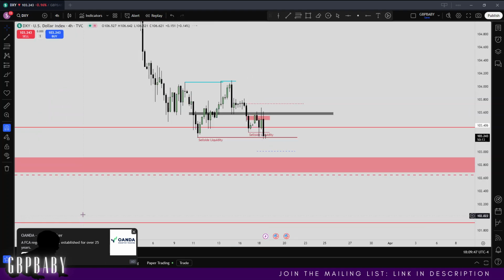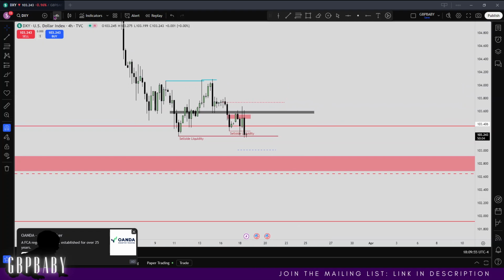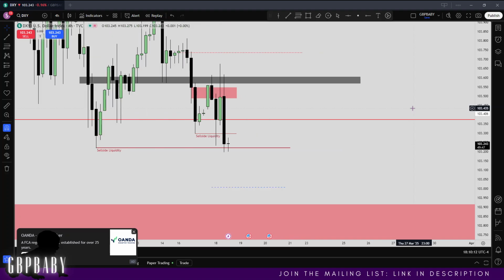So let's drop down to the 4 hour, and we did have quite an interesting day, and what I mean by that is that there was a lot of back and forth price action. Now back and forth price action is usually very typical of consolidation, but it's also good because it shows when we see price leave a consolidation, it means that we're probably going to get large expansion in one direction, and obviously as we have the Fed interest rate decisions tomorrow, this will be supportive of that. So we'll talk more on that as we drop to the lower time frames, but nonetheless, here's the 4 hour,